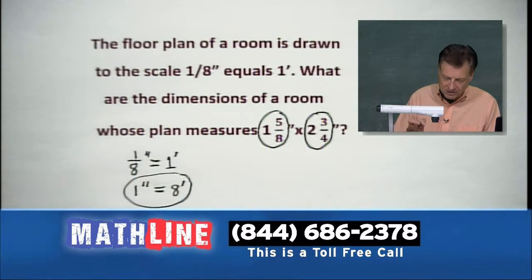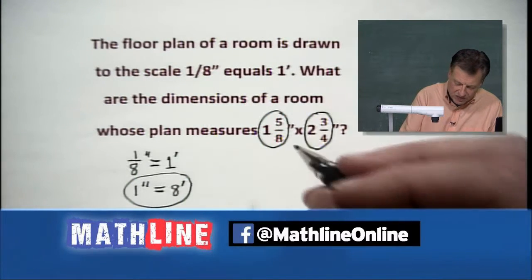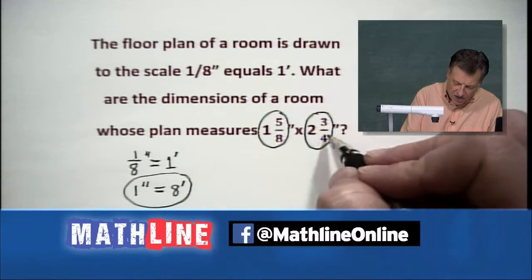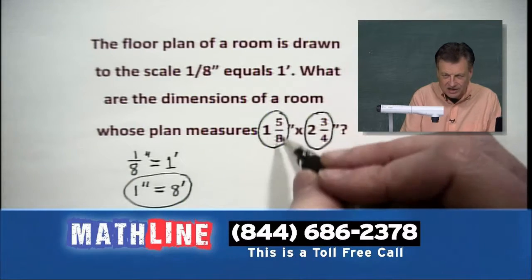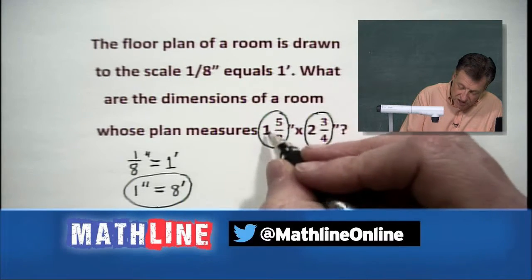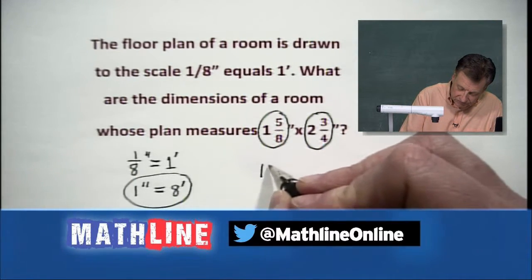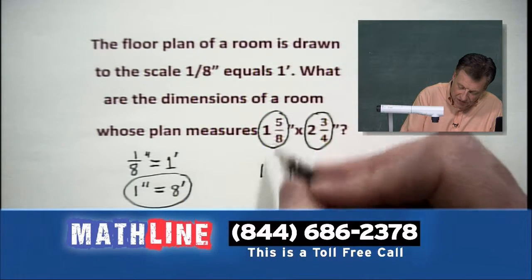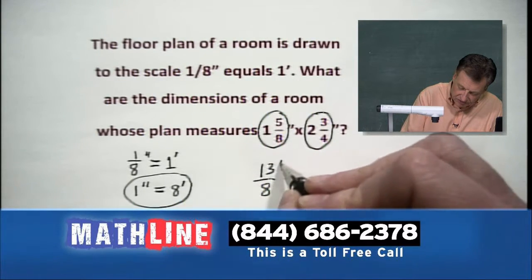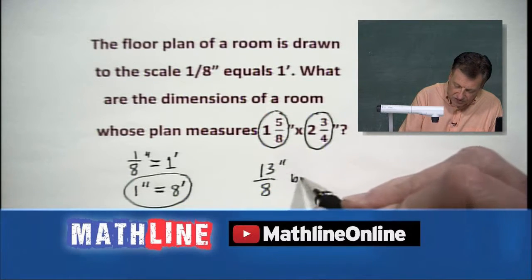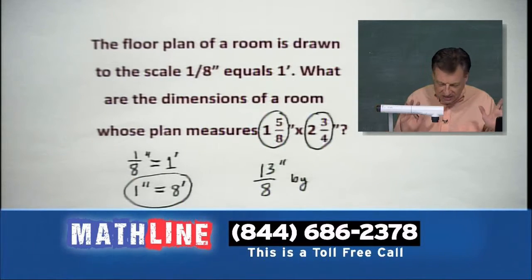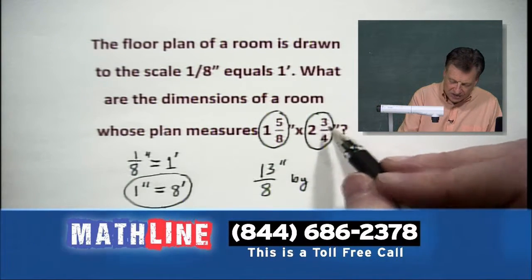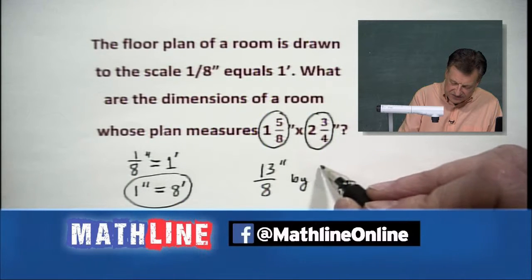Let's go ahead and make some improper fractions here. This will help us out. And notice this dimension over here, 2 3/4 is a lot larger than 1 5/8. So I'm going to change 1 5/8 to, well, what are we going to change it to? How about 13/8? Make it improper. And I'm going to take the little x out of there because we're really not going to multiply it. We're not worrying about the area of that room. We're just talking dimensions here. So by 2 3/4, that's going to give us